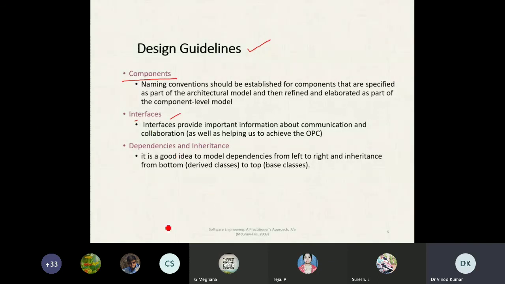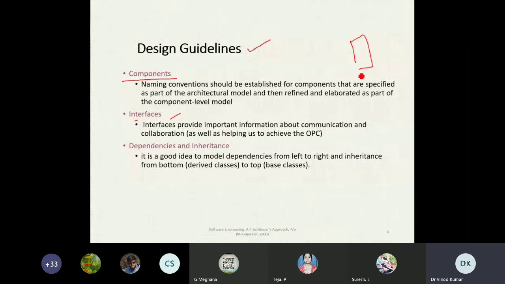If you have information about the interfaces, then you can collaborate on how to interface the different components.